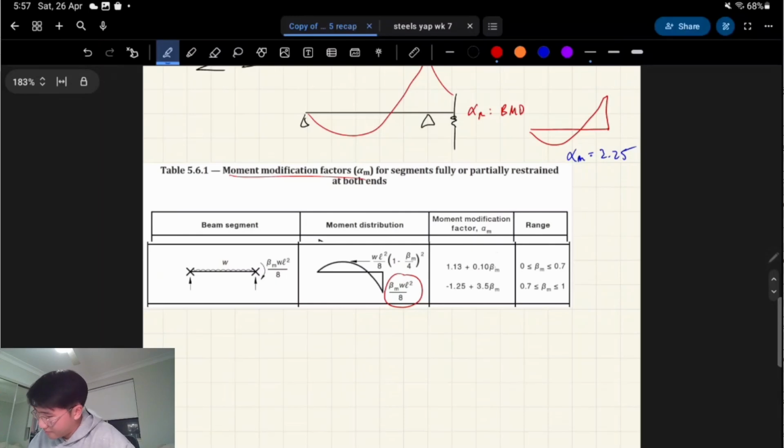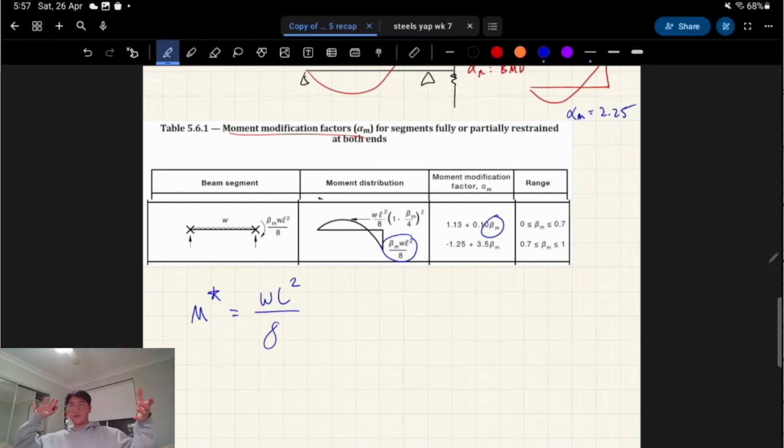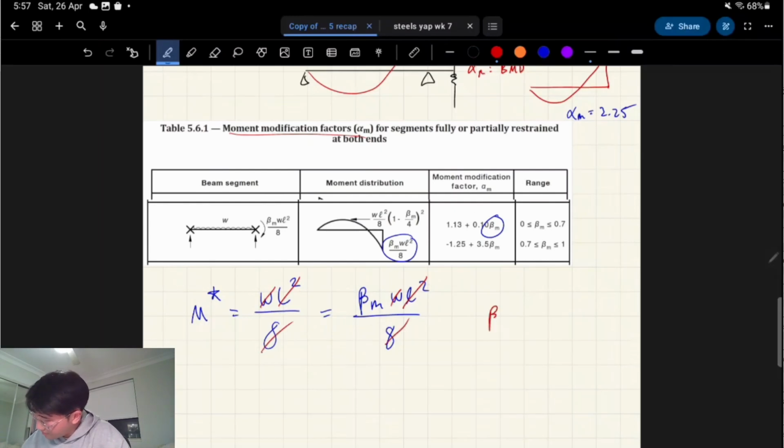We want to work out beta m. Let's do it in blue. So beta m is when we have our m star max, correct? From that little textbook that we saw, our max hogging moment, so the negative moment at the support, was WL squared on A. This has to equal what we see on that graph there, like that. So you can just see these terms all cancel out, giving us beta m is equal to